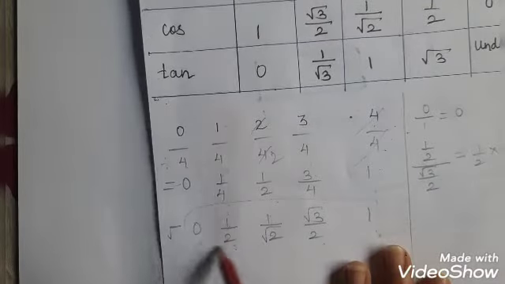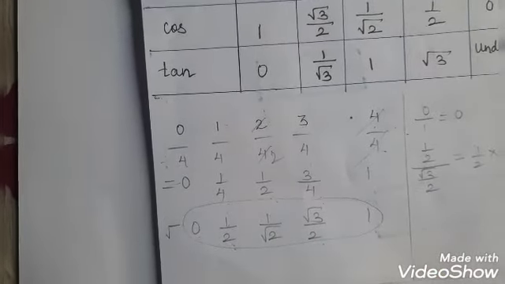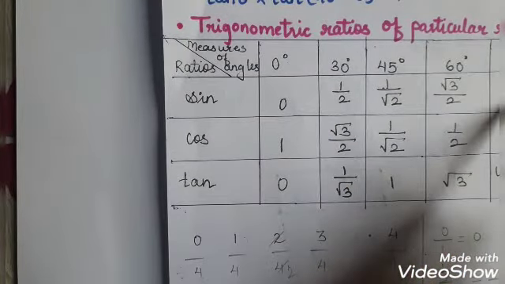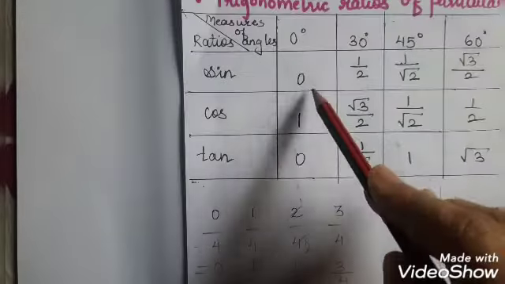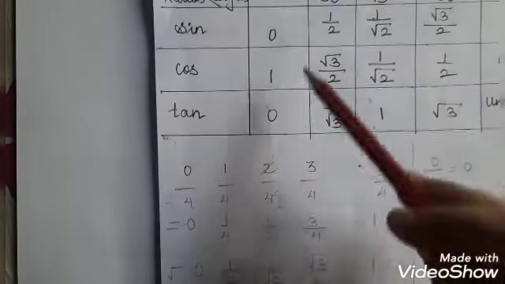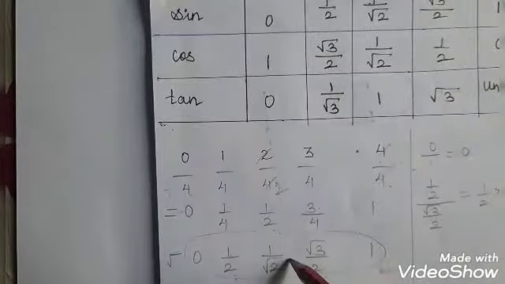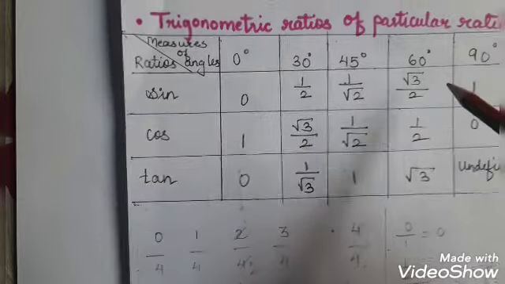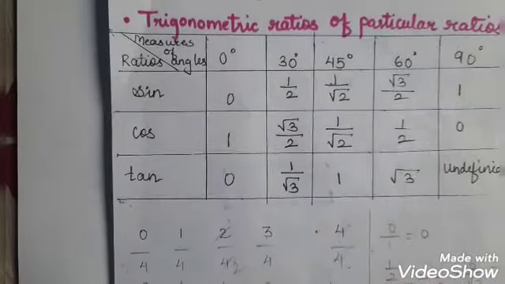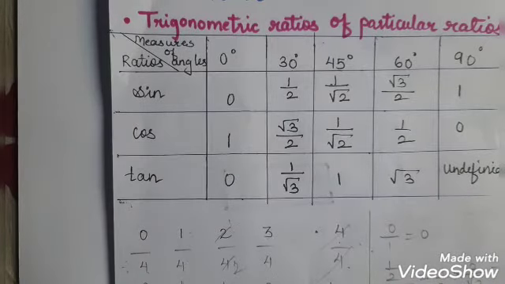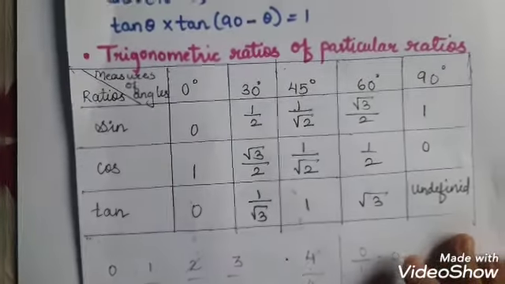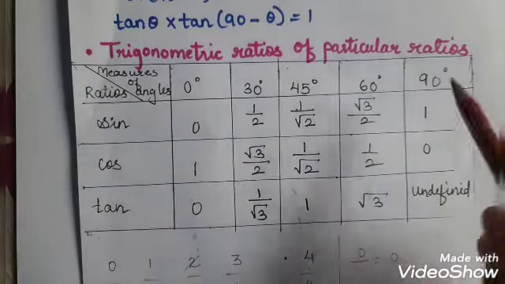Now these are the ratios which you are going to write in your first column over here. Okay, so you are going to write 0, 0. Next 1 upon 2, 1 upon 2. 1 upon root 2, 1 upon root 2. Root 3 upon 2, root 3 upon 2 and last is 1. Okay, you got the first column of the sine theta, right, where angles are different but the ratios you got them.